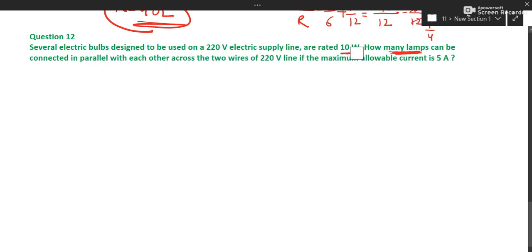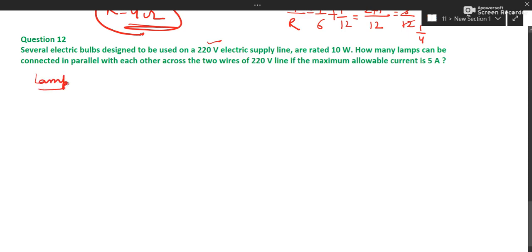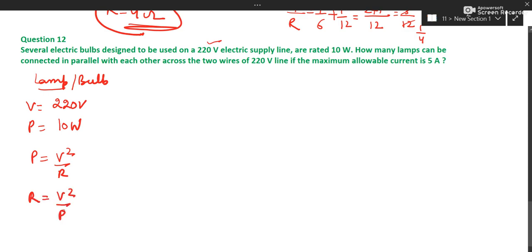So basically, if you see, we have been given for the lamp certain details. Lamp you can say or bulb you can say, 220 volt is the voltage and power has been given as 10 watt. So we can find out, power is equal to V square by R. This formula we have. So we can find out resistance V square by P. So let us substitute resistance as V square, 220 into 220, and power is 10. So you can find out real resistance as this. Whatever it comes, you can find out 4840. You can multiply and you can check.